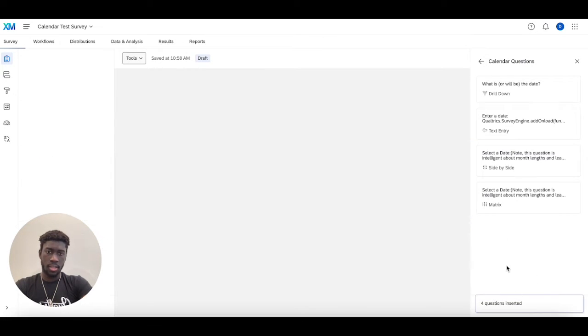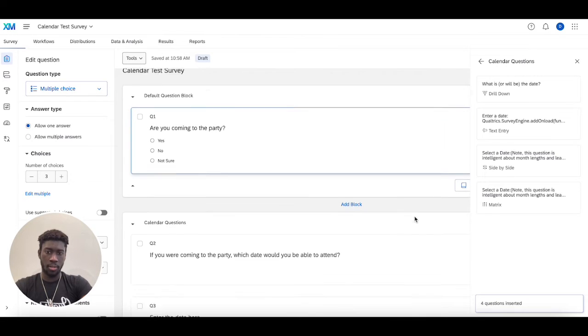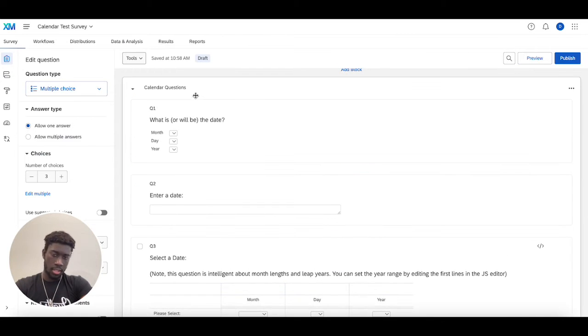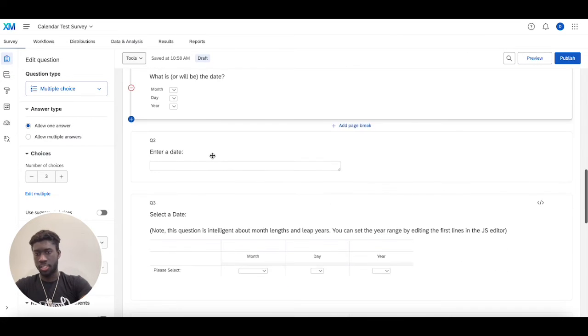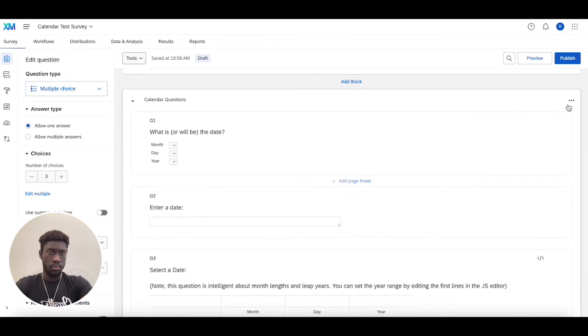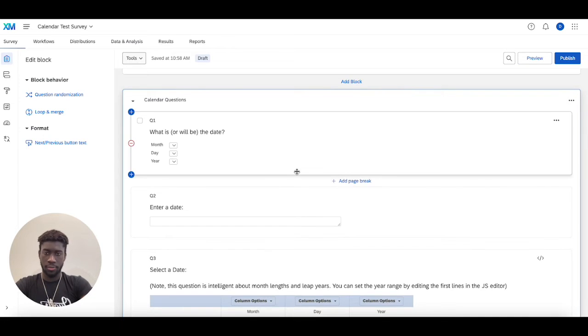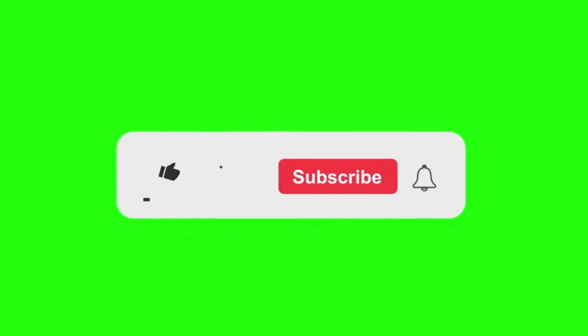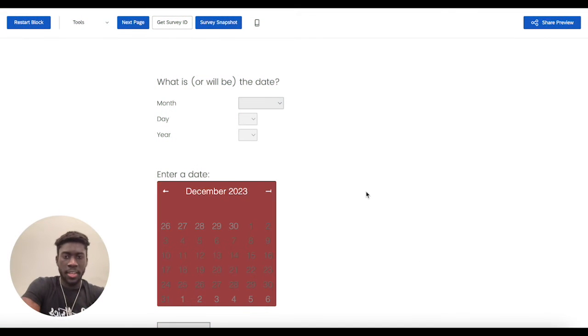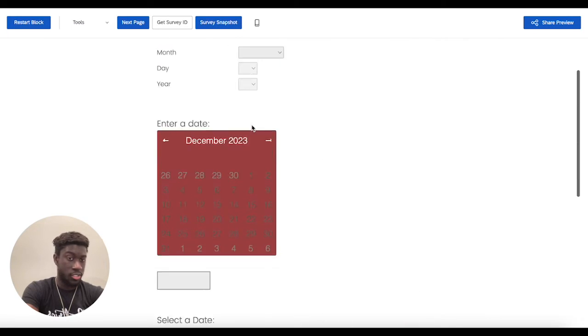And then once this guy loads, you'll see it pop right at the bottom of the survey. Perfect. Let me exit out of here. And then these guys all populate with different date options you can choose from to add to your survey. So let's run through a quick preview of what all these different guys look like so you can have an idea of the different things you can select from. Okay, now hopping back into this, what we see here are 3 different calendar options that are more or less